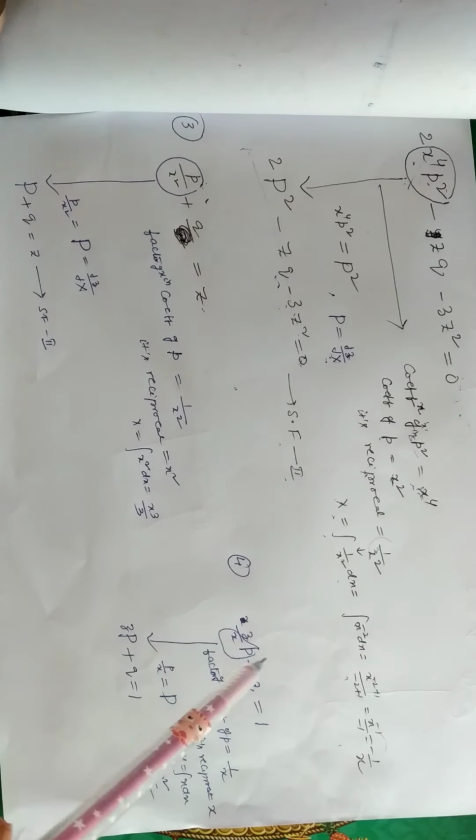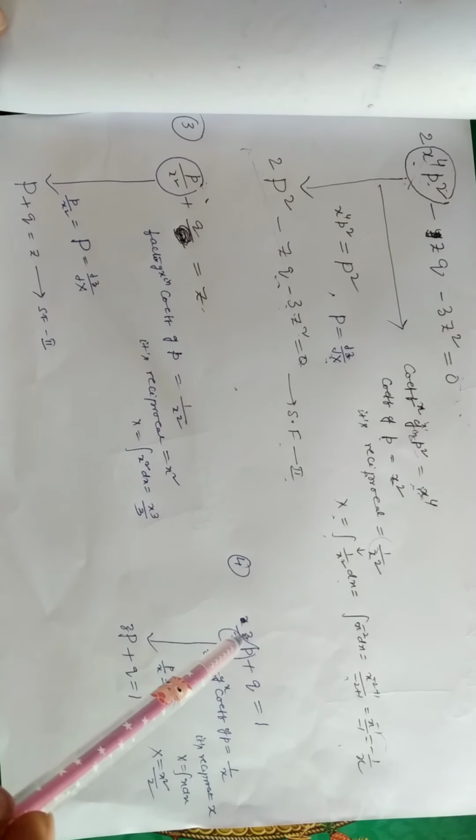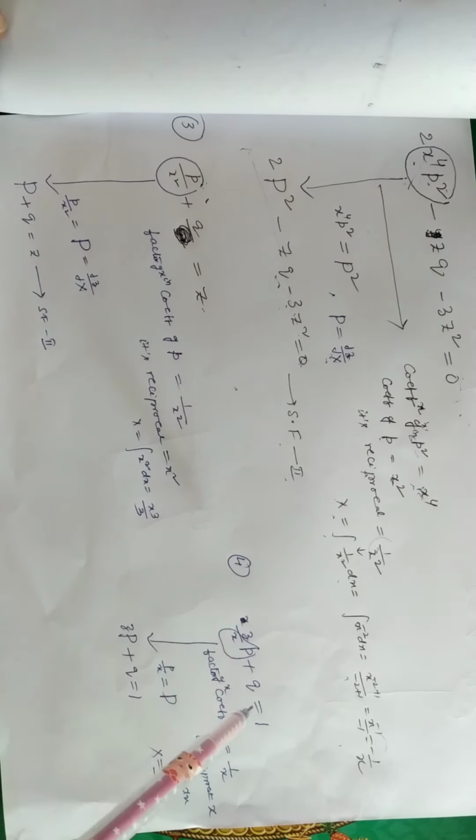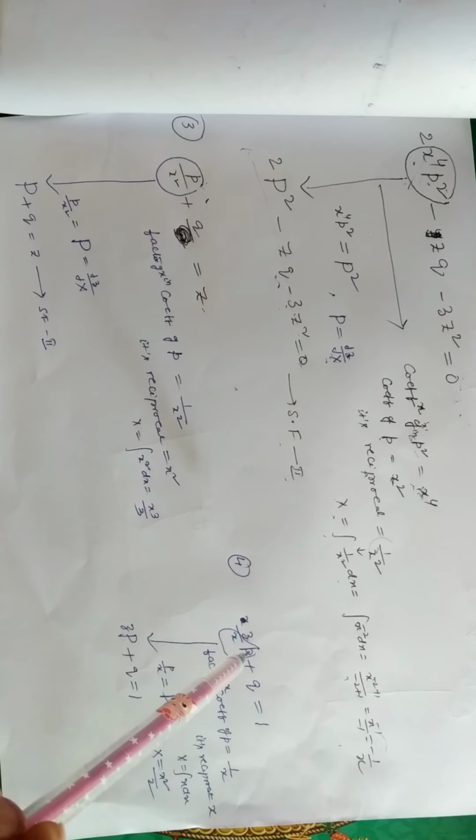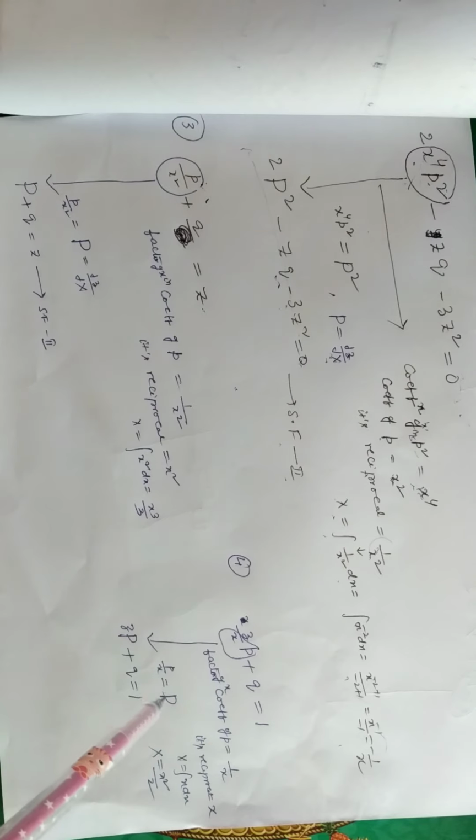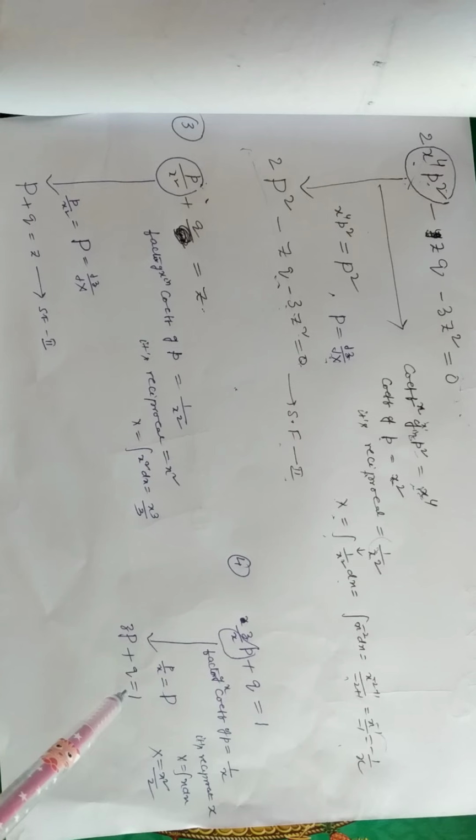Now we move to this example. In this example, z by x into small p plus q equal to 1. Here, if we replace p by x with capital P, then this equation changes to small z into capital P plus small q equal to 1, and this belongs to standard form 2. Before this conversion, if we want to merge small x into small p, we take capital X. Here what is the coefficient of small p? Coefficient of small p equal to 1 by x.